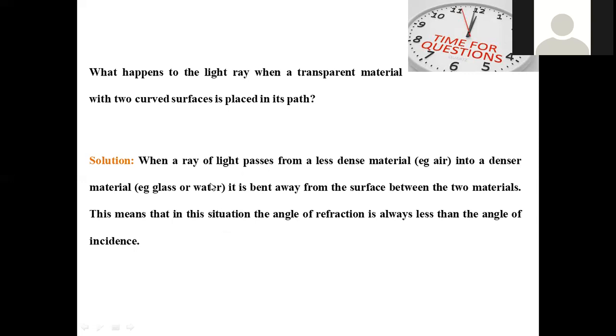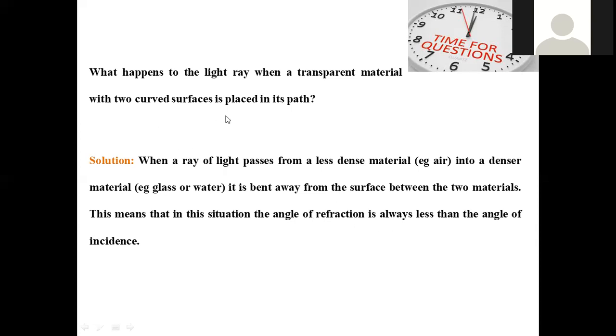Because of the process called refraction, there is a change. If you are inserting that lens, that is the glass material, being a solid, there is a possibility of bending of light, because when light changes from one material to another, bending of light is always possible by the process called refraction. This means that in this situation, an angle of refraction will be generated.